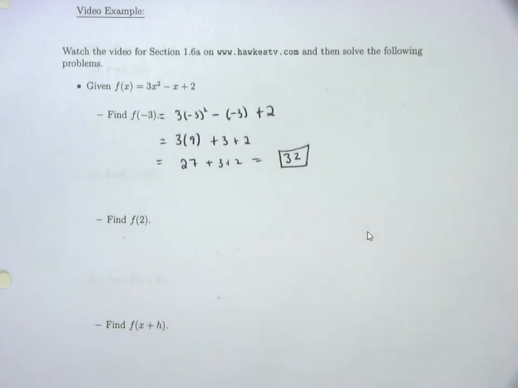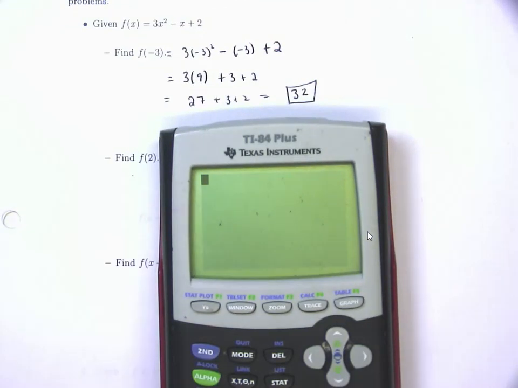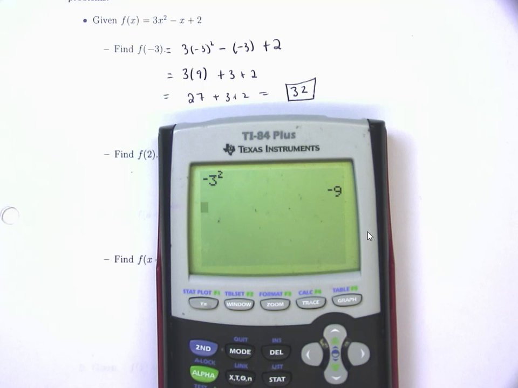And the reason why I'm showing you this is that darn calculator. Because how many times have I had, Dr. Taylor, I think you're wrong. According to my calculator, negative 3 squared is negative 9. Well, let me show you. And this is what they type in. They type in negative 3 squared. Problem is, you're right, it gets negative 9.